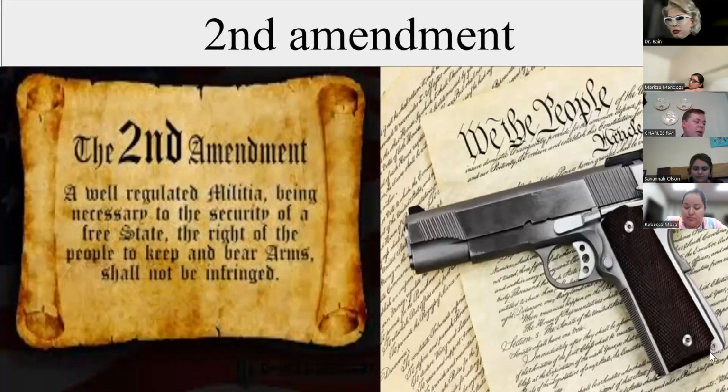Of course, the second one is the one a lot of kids actually do know. Everybody just forgets about the well-regulated militia part. So basically talking about the people should have the right to keep and bear arms, should not be infringed, because one of the key things about the arguments for this is without this, we wouldn't have had the revolution, because we would have had a bunch of guys with no guns. So good luck fighting the army. The founding fathers put this one in there.